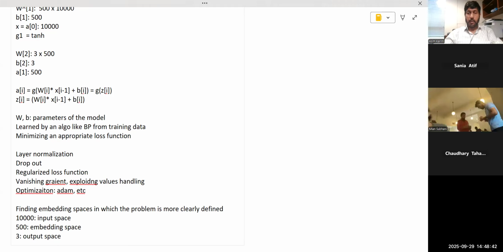So this 500 embedding space, ये automatically हम learn कर रहे हैं through our data. And given our training data and our model, which has lots of parameters, it is able to learn such spaces in between such that our problems become better classifiable. In this case, classification, but in general, better clearly defined. Okay? And we are doing this automatically. हमने कोई hand crafting नहीं की, हमने कुछ भी नहीं किया. We let the algorithm decide कि वो 500 features क्या होंगे that will help us better classify a problem.